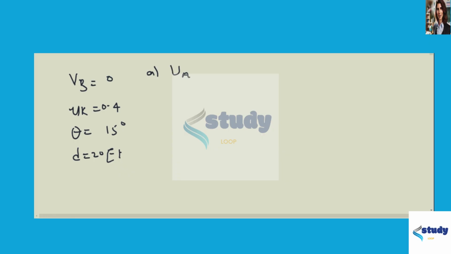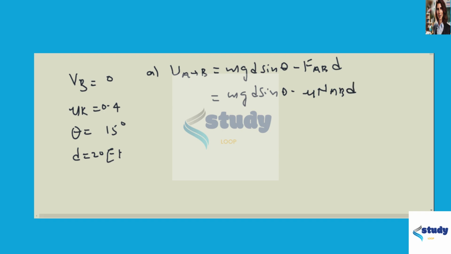Therefore, work done from point A to point B equals mgd sine theta minus force from point A to B times d, and this is equal to mgd sine theta minus mu times the normal force times d. D is the displacement,